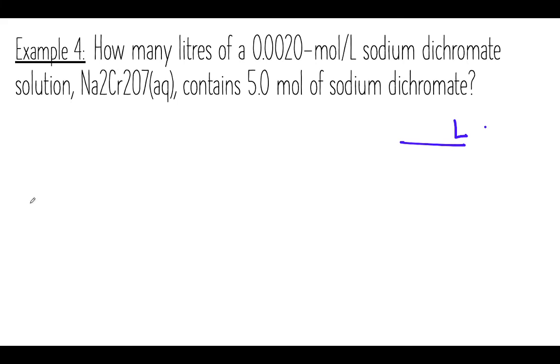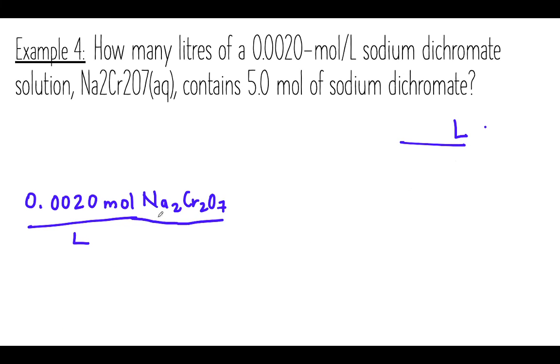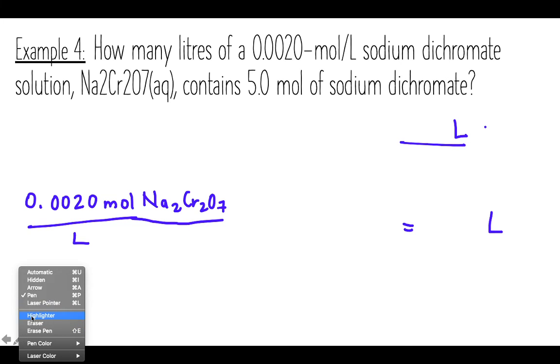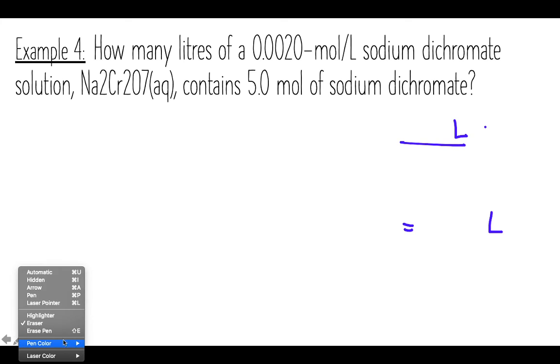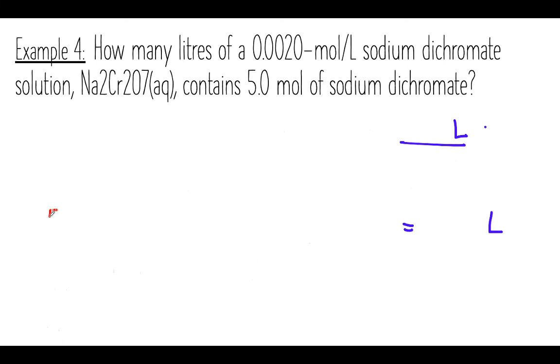Let's take a look at the concentration. So I've got 0.0020 moles per liter of sodium dichromate, Na2Cr2O7. And I need to somehow get this so that my answer is in liters. So maybe I can start with the moles written out, right? So I want to show that my moles will cancel out. So if I start off by writing 5.0 moles of Na2Cr2O7,